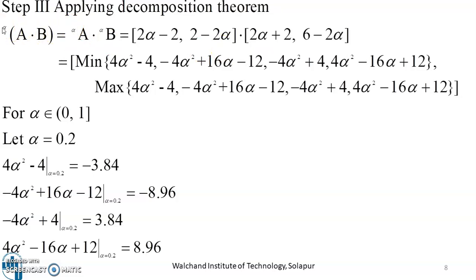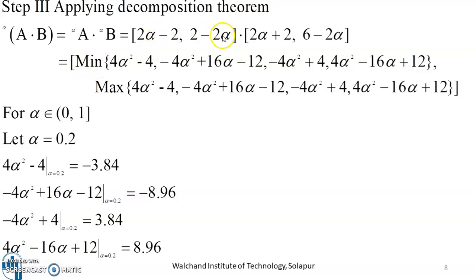The decomposition theorem for the product is: alpha cut of A into B is equal to alpha cut of A into alpha cut of B. Writing the alpha cut of A and alpha cut of B, we will get this expression, and this is the product of two closed intervals. And we know that the product of two closed intervals is defined somewhat like this: the initial point will be the